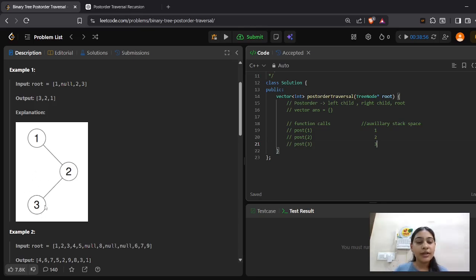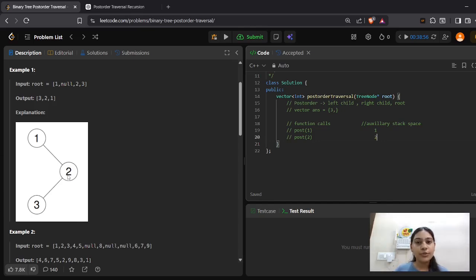Now going to the left of 3, we find that there's no element present, so we return back. Then we make a function call for the right side also, but on the right side there's no element present either, so we return back to this 3. Since we have returned to this element, we'll print it out. That is, whatever the current node is, we store it or print it. I store it in my vector. Now I have traversed this entire node 3, so I remove it from my stack space; that is, my function call has been completed and I remove it from the stack.